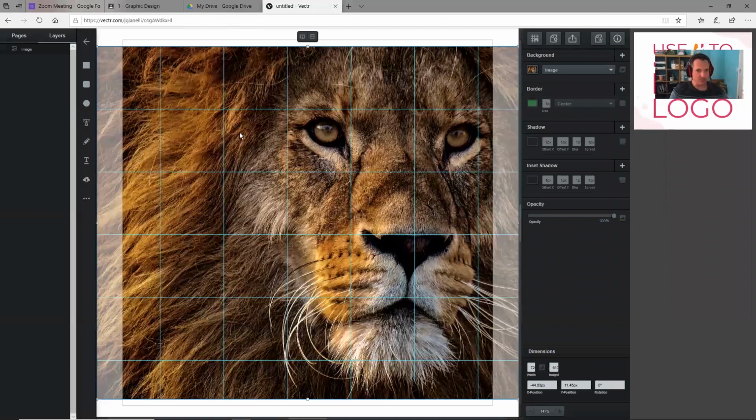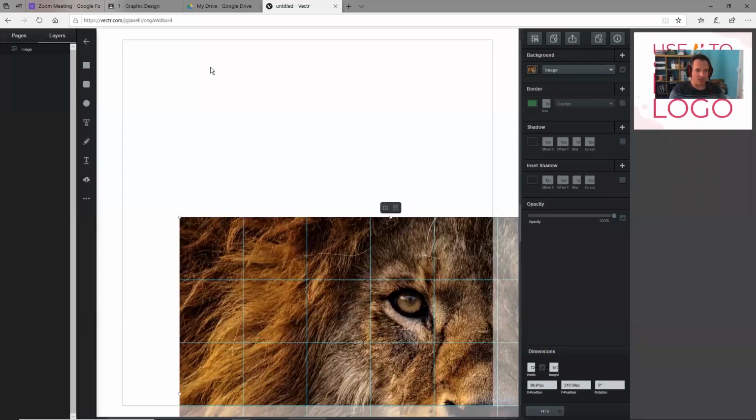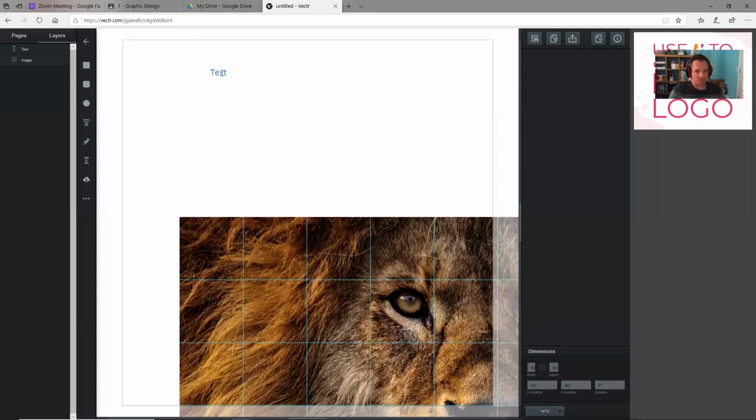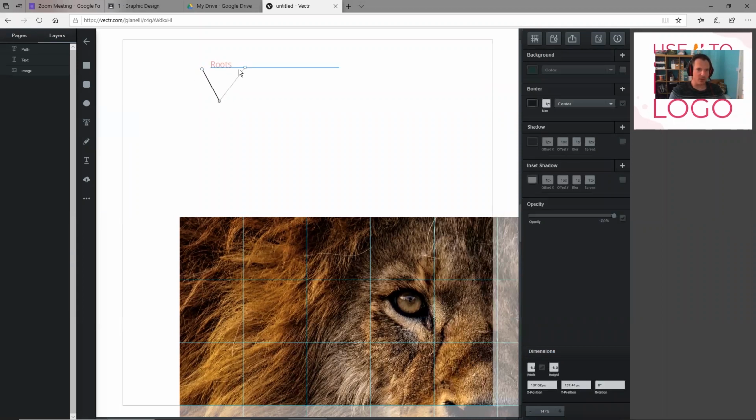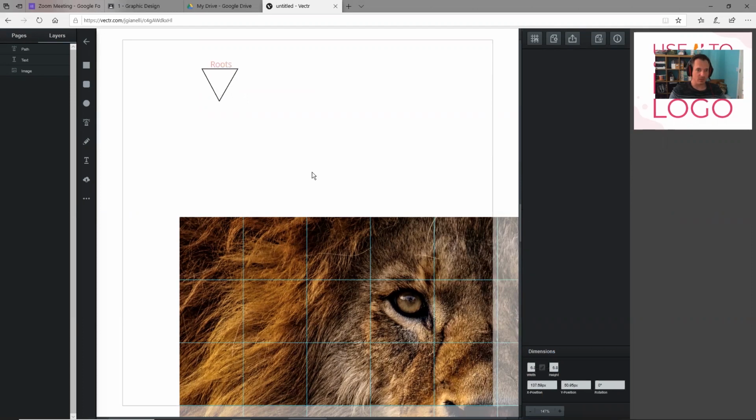So I have this image right here that I'm going to be going off of. If I start with some text and I draw a box, I can just type in my name, which is Roots. And using the pen tool, just like you would in Illustrator, you can draw anything that you need to draw right there. Just like in Illustrator, you can manipulate these curves. If you double click on them,